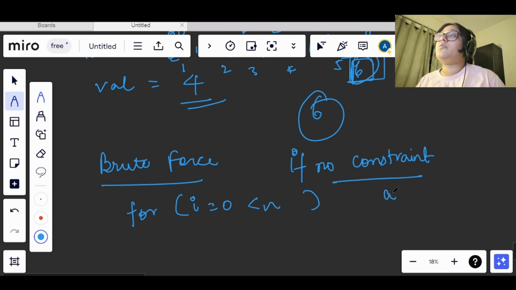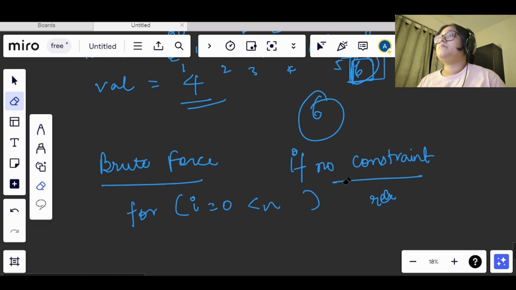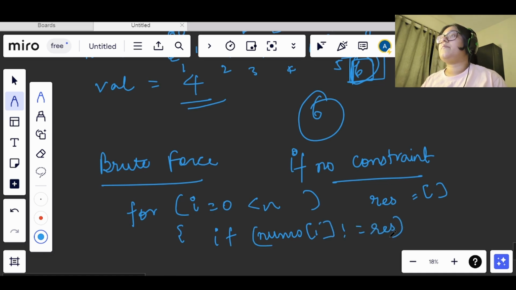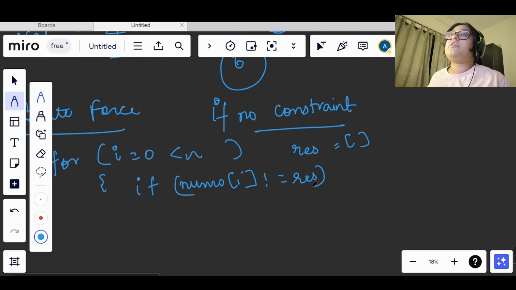We will take a new array which will store the result, let's say res, and we will start iterating, and if nums at i is not equal to val,